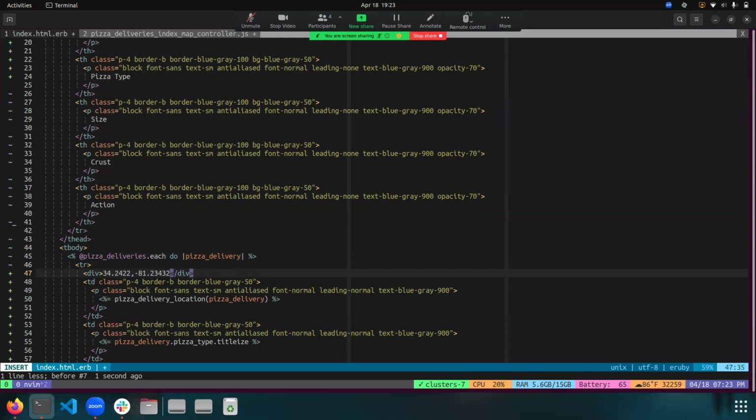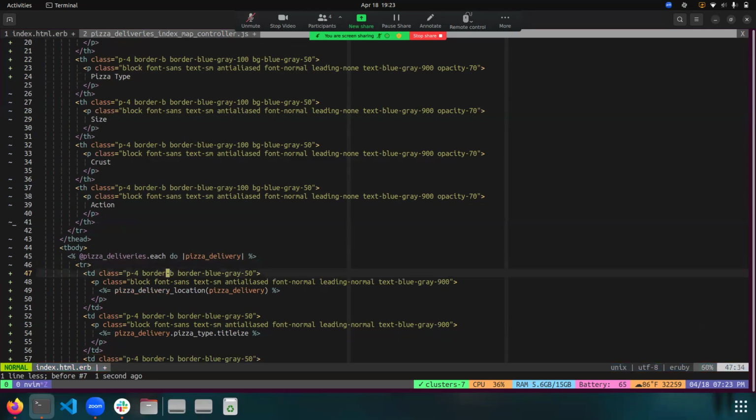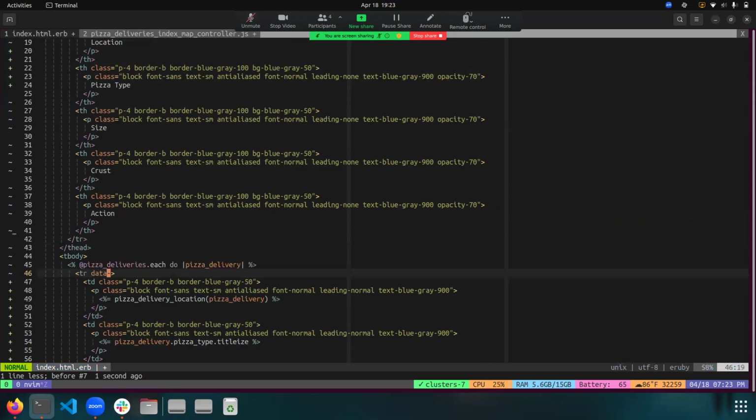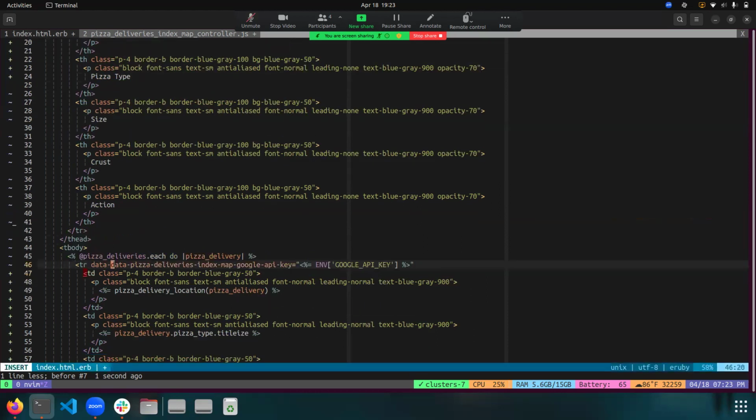You could just pass it as an object too. Like on your TR, if you just said, what is your controller name? It's as long as actually. So basically it'd be pizza deliveries index map, and then you could do like pin value maybe, and then pass it